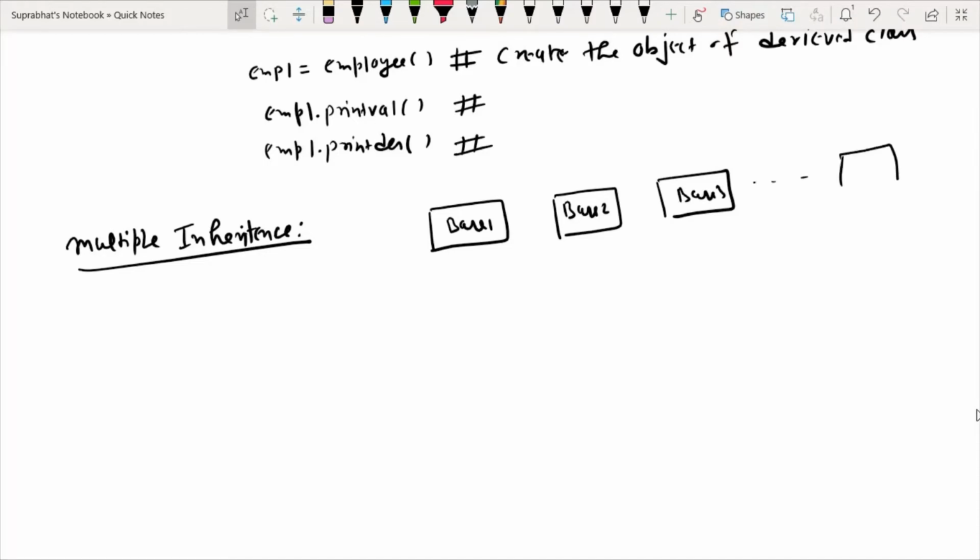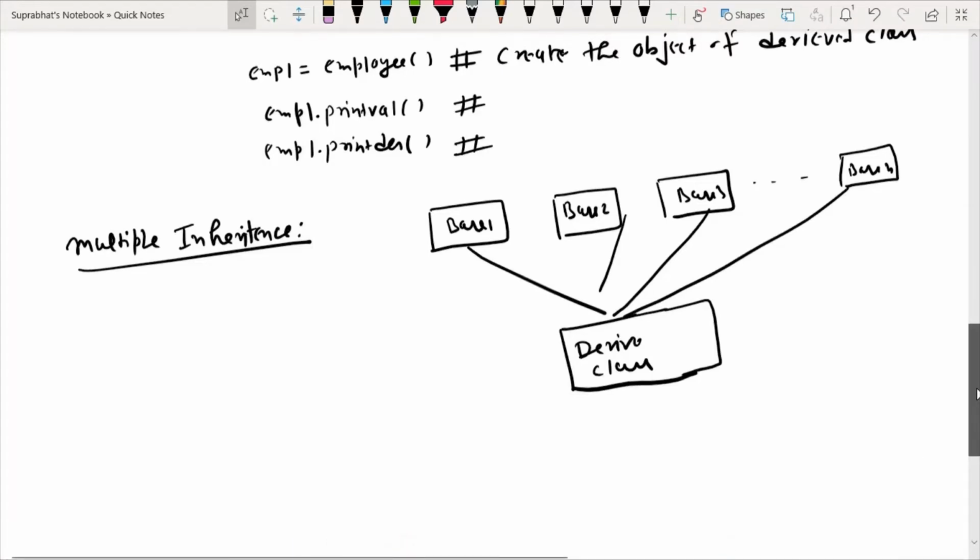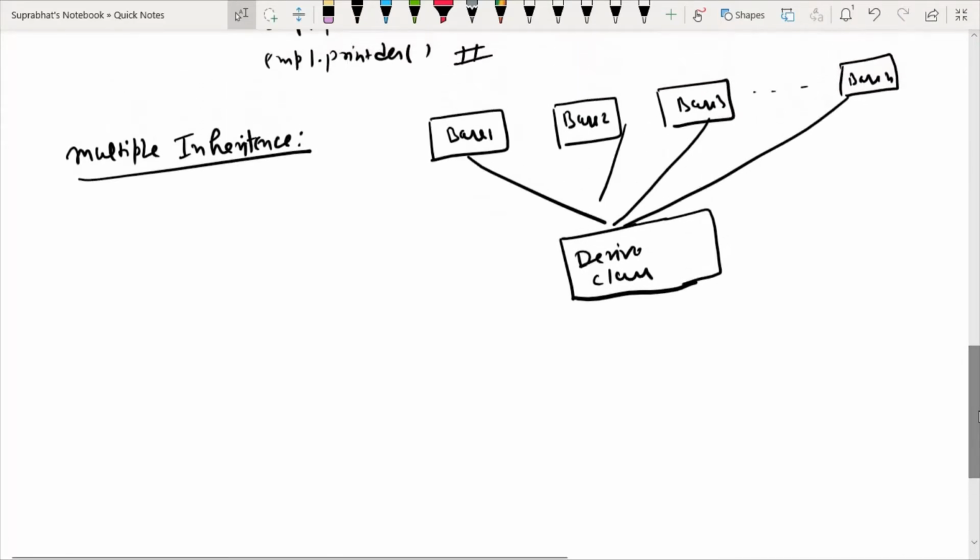Any number of base classes we can take, base n, and these all are inherited in one derived class. So in multiple inheritance we have many base classes and one derived class. That's why it is called multiple inheritance. We can understand this with the following syntax.